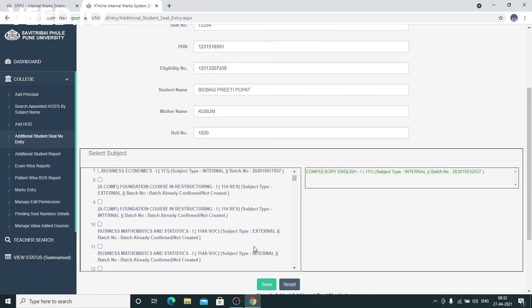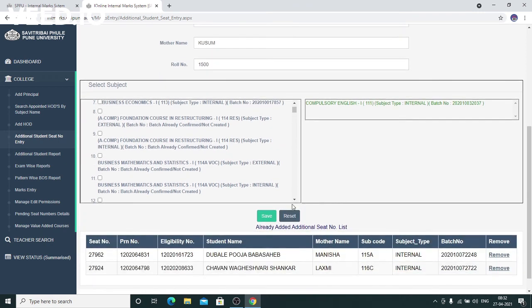Then you can see the subject name will appear there, the code number is there, then the subject type will also be shown there, and the batch number. Confirm all these details, and after confirming all these details, kindly click on save.